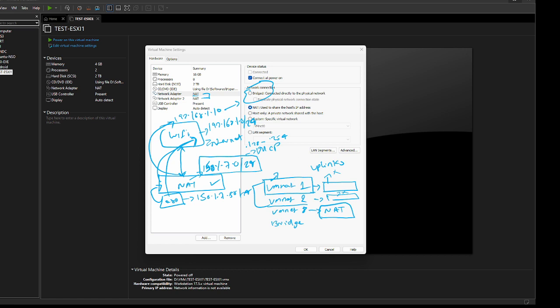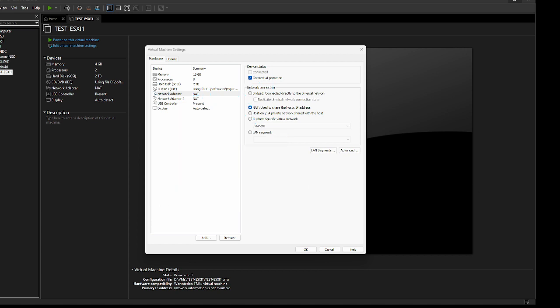Now let's understand the bridge one. Bridge is also very good. This is my Wi-Fi adapter, which is wirelessly connected to the D-Link router, and from D-Link it is connected to the internet.